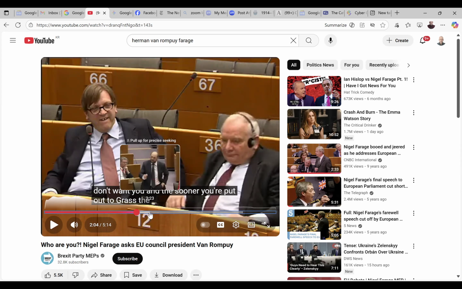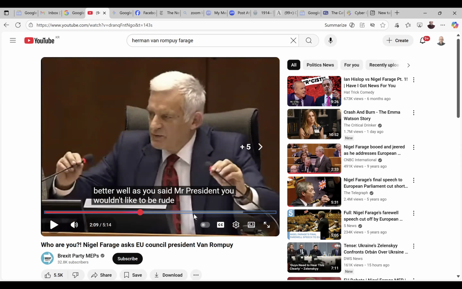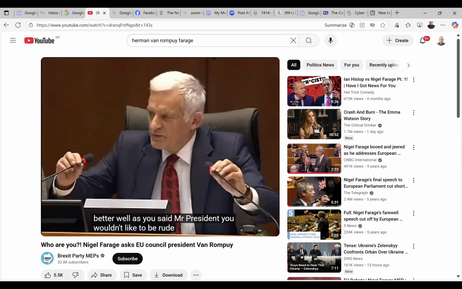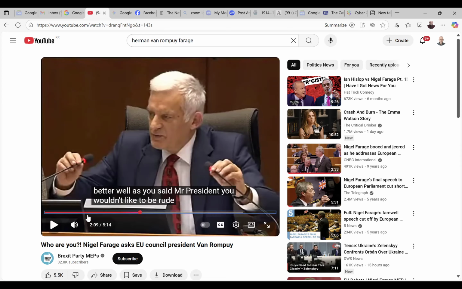If I can find the person, there's the president of the European Parliament. So there's another president in the European Union: the president of the European Parliament. At this time it was Jerzy Buzek, who was Polish, and his English is great, so he's speaking in English. But all these people are being translated into their native languages.